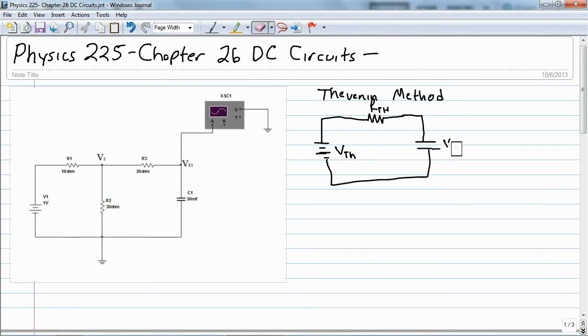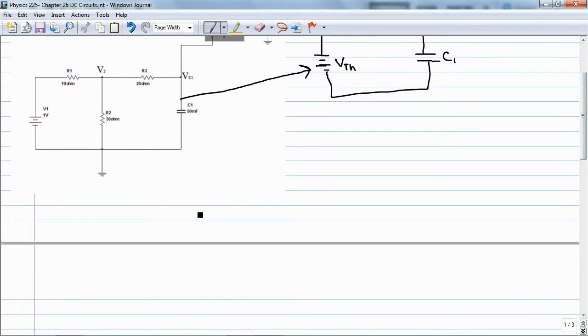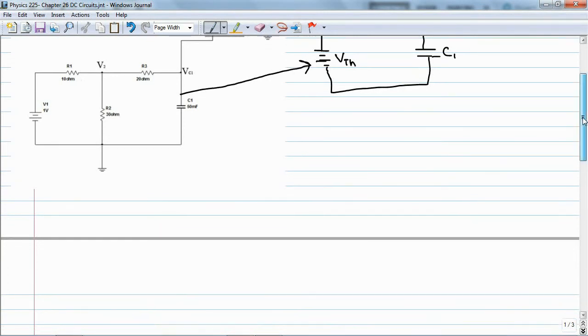And so this circuit is very useful because we can run through his algorithm. Should be C1. We can use this circuit and transform it into the Thevenin equivalent. So the first thing Mr. Thevenin says that we need to do is take the capacitor out of the circuit and short out the potential or the source. So that leaves us with